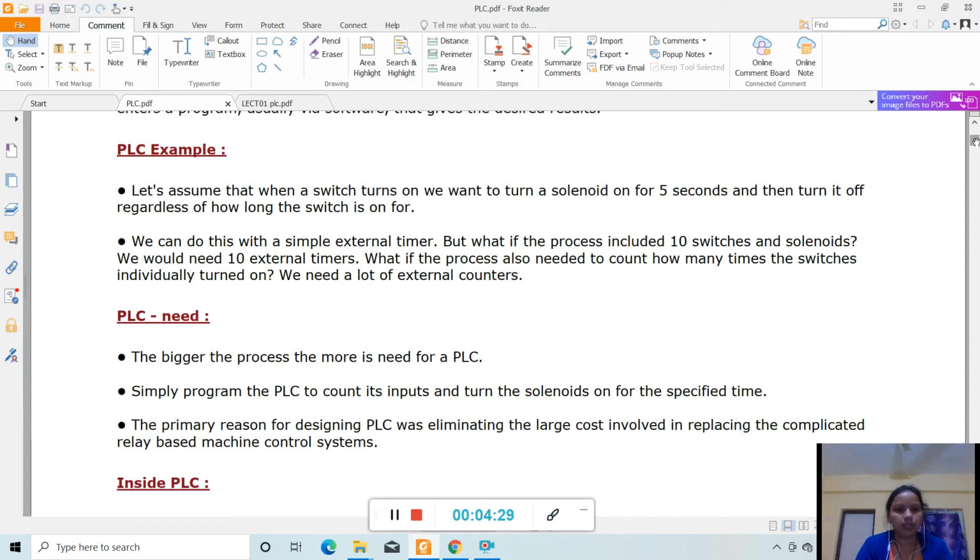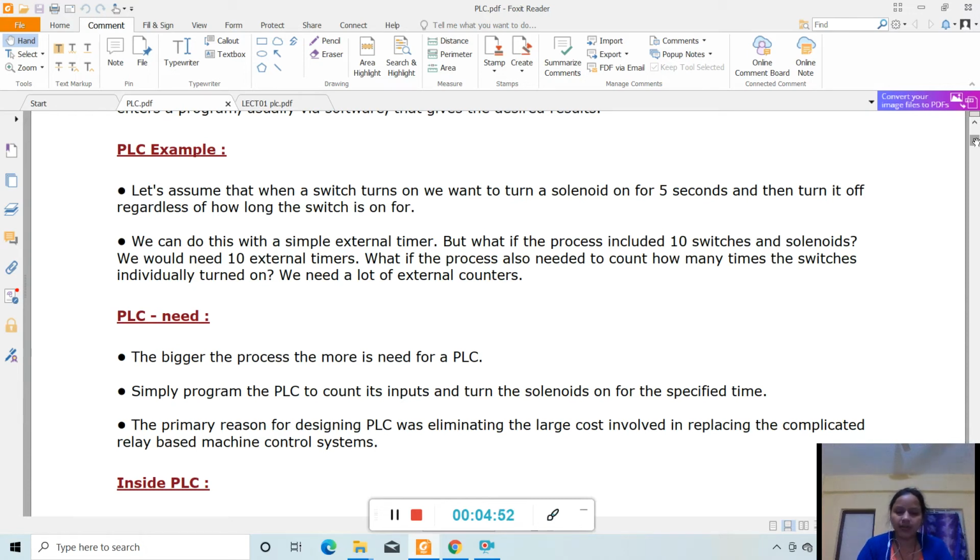We can do this with a simple external timer, but what if the process includes 10 switches and solenoids? Then we would need 10 external timers. What if the process also needs to count how many times the switches individually turn on? For all this we need a lot of external counters.